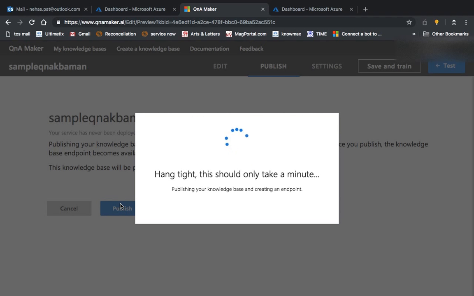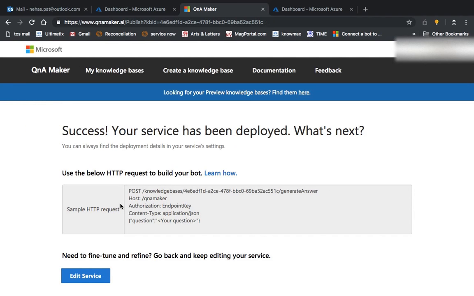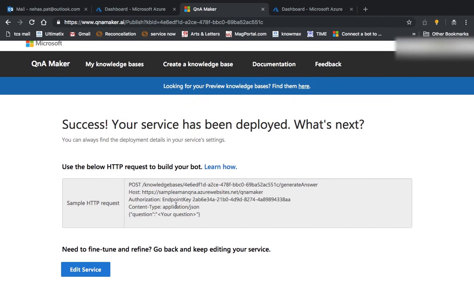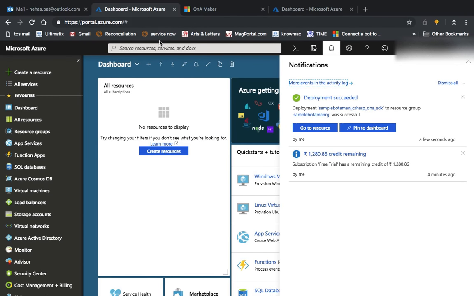Here we are getting the publish option. I want you all to have a little bit of concentration here, because this part is where you need to apply a little brain. Here are the keys that are required to communicate with your bot and the knowledge base. So what you can do is